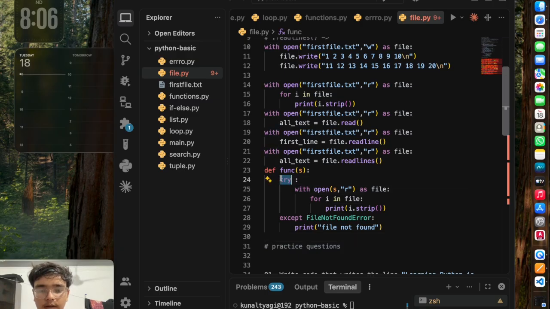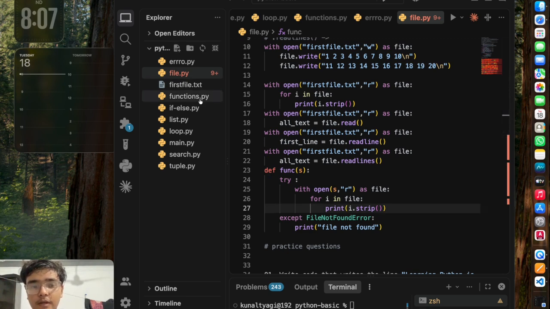Then if we have to repeat one certain code block again and again, for example this code block, maybe we have to keep on writing and reading the file, how can we save our time? You can put all of these things inside a function. We have learned about functions as well.